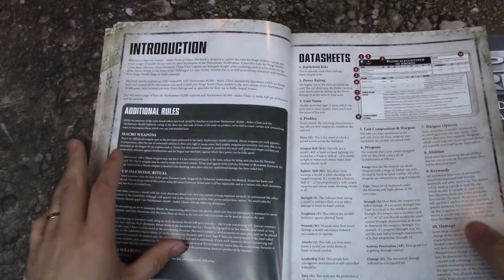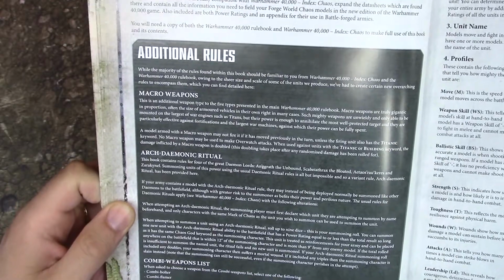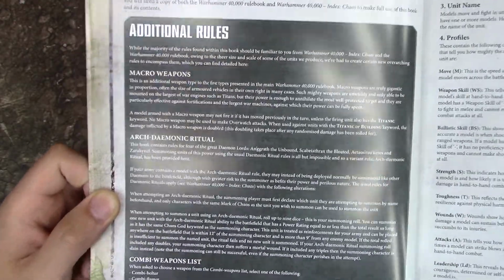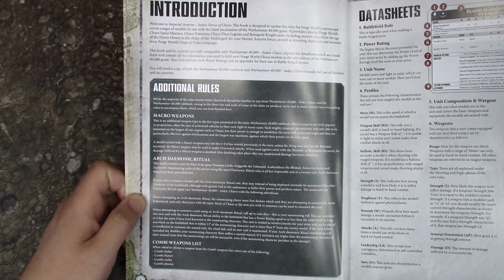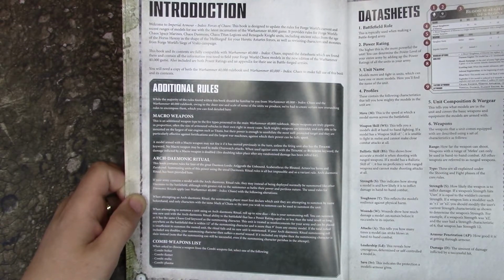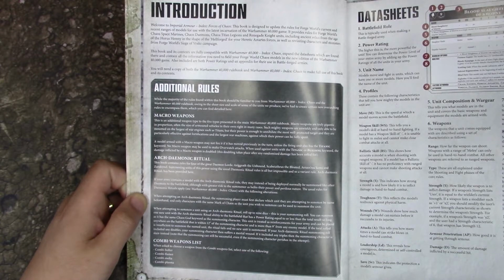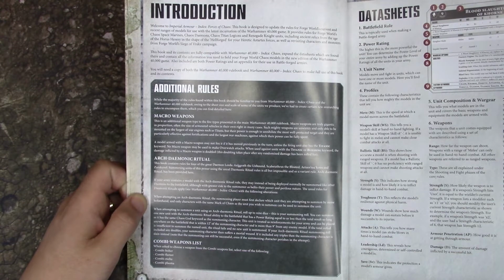Okay, so first of all, what are some of the additional rules that these guys have? This will really be the main difference between the Chaos versions and the Imperial versions. So macro weapons is the same, and then there's this Arch Demonic Ritual here. The Arch Demonic Ritual says that there are 4 greater demon lords in this book: Angrath, Scabbath, Thrax, Tesseracures or whatever, and Zarakanel. And in order to summon these, you have to use this Arch Demonic Ritual. So you summon them like normal demons,